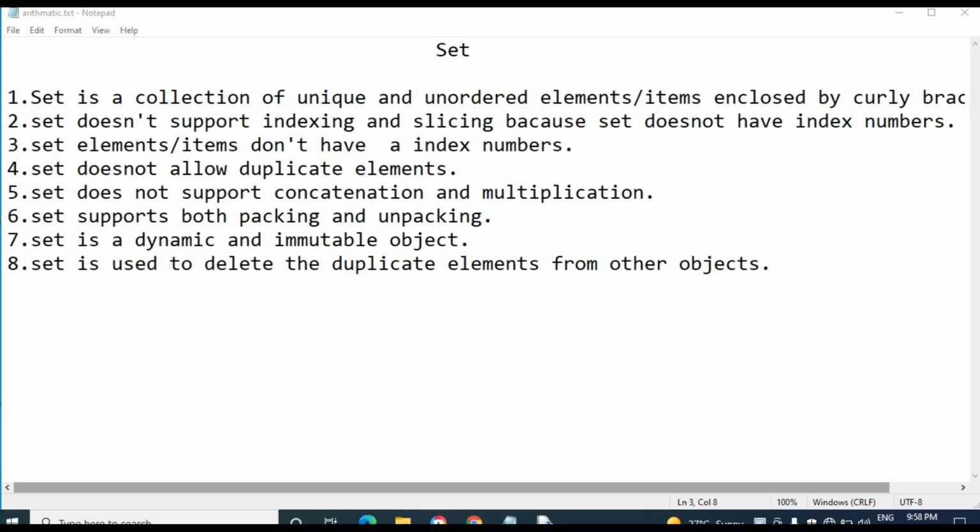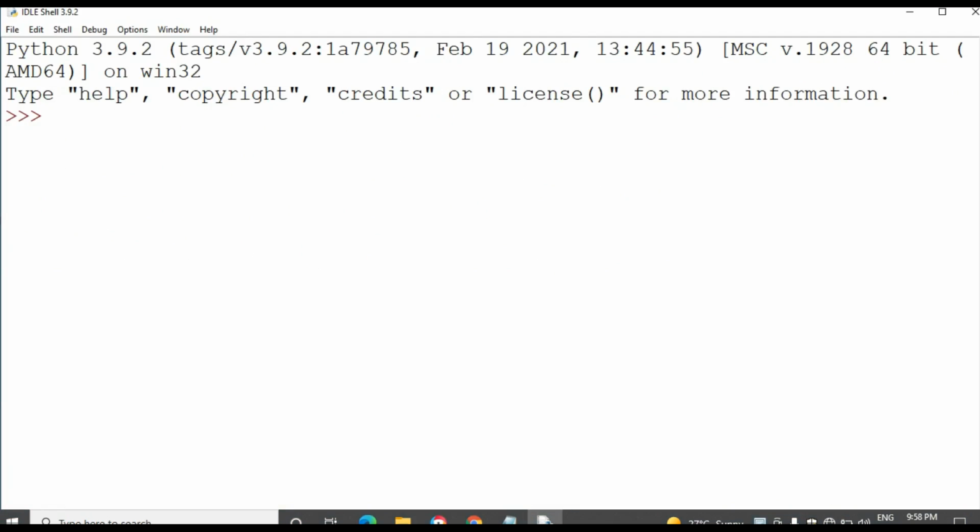The first point is that a set is a collection of unique, unordered elements enclosed by curly brackets. Let's see an example. I am creating the set S1 with curly braces.